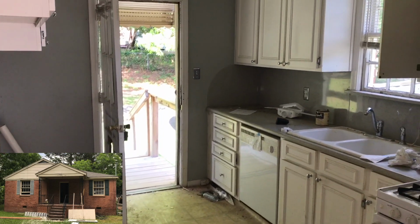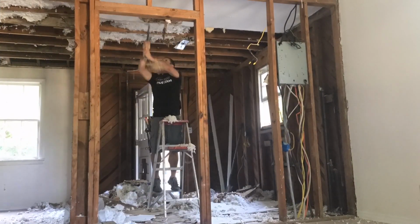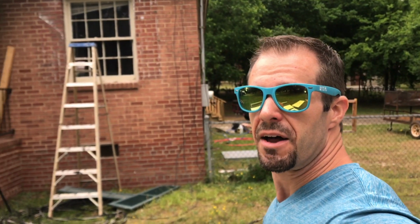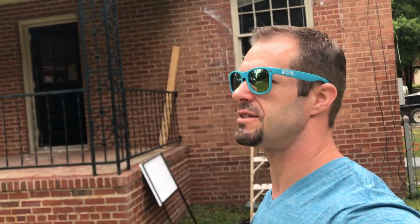So we're going to go a little more in depth and show you how to take a property from the point of no return, a house that needs massive renovation, to looking like the best house in the neighborhood. The house is finished. Let's go take a look. This is almost 2 weeks, a little shy of 2 weeks on the job,